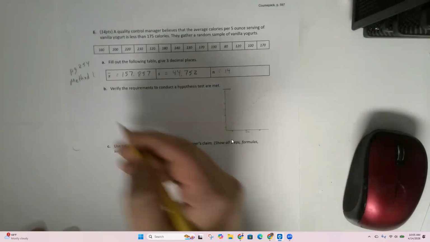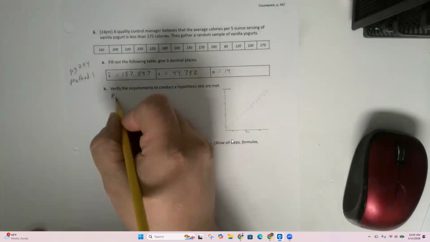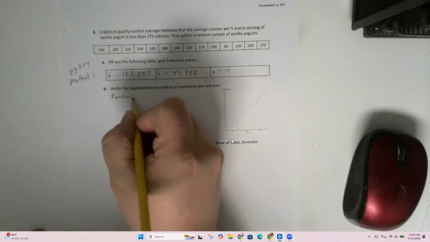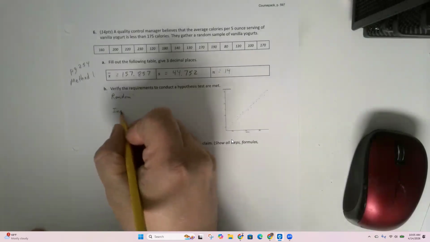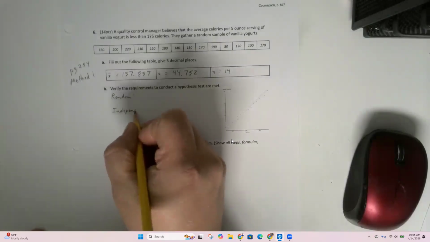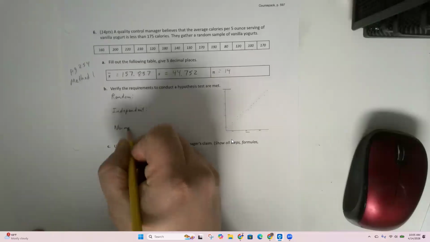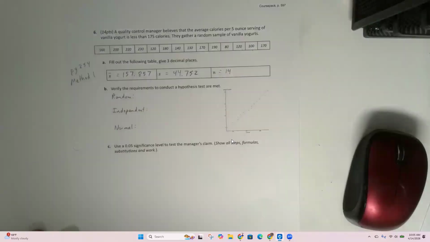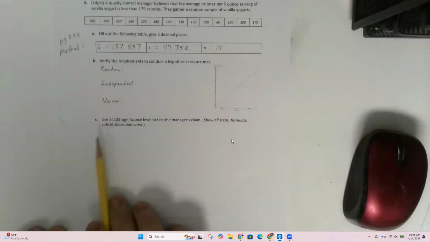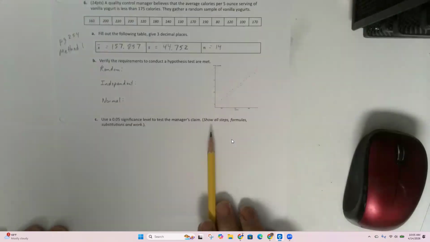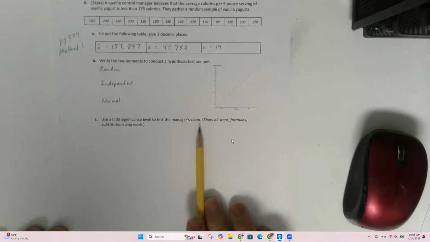Verify the conditions to construct a hypothesis test. Met: random, independent, and normal. Okay. And then use a 5% significance level to test the manager's claim. So